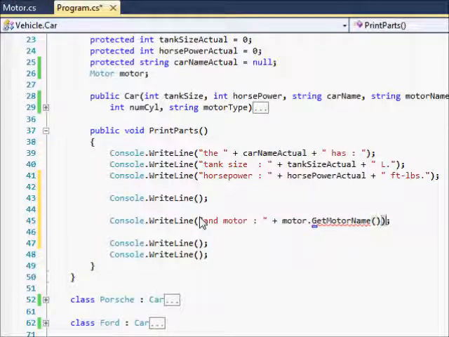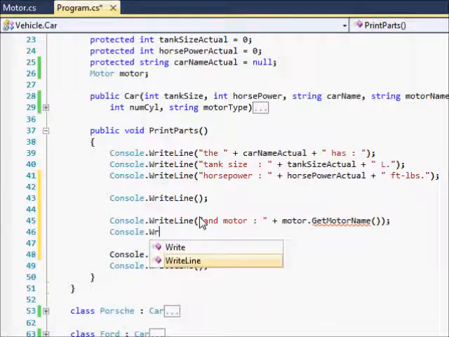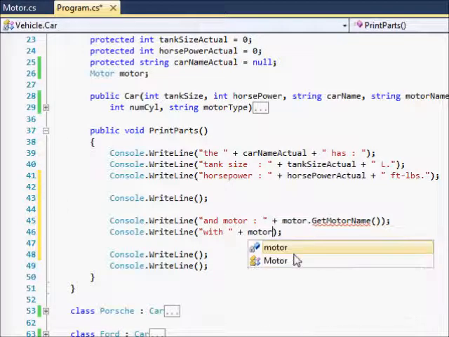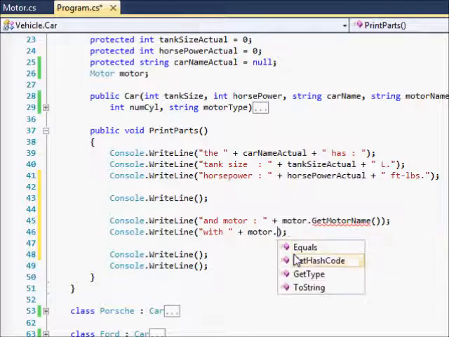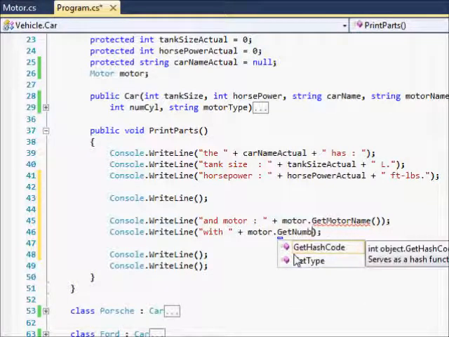And then we need parentheses because it's going to be a method. Console.WriteLine. Let's see, and motor, GetMotorName with plus motor.Get number of